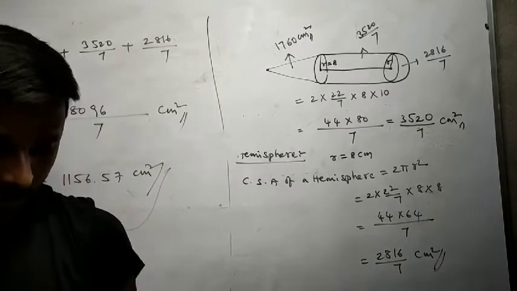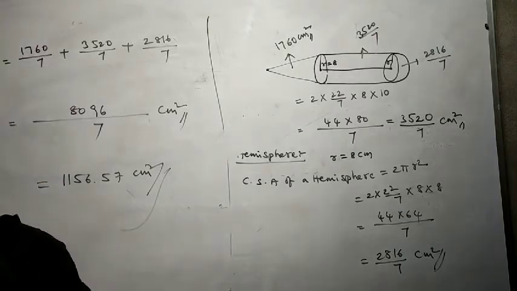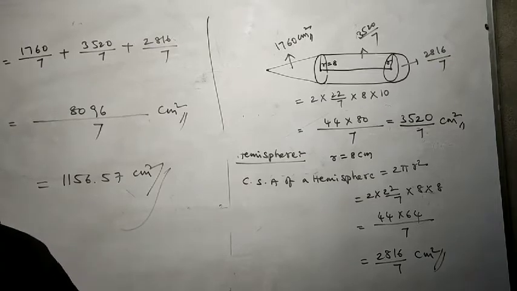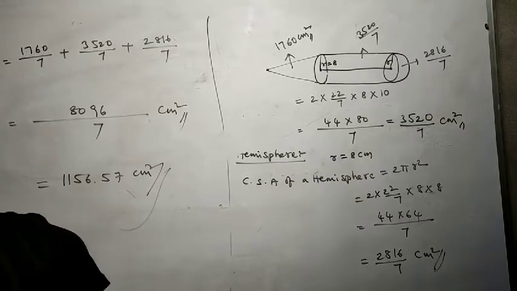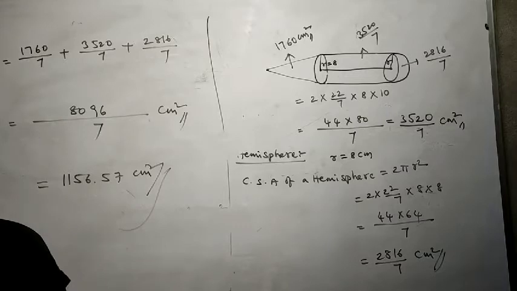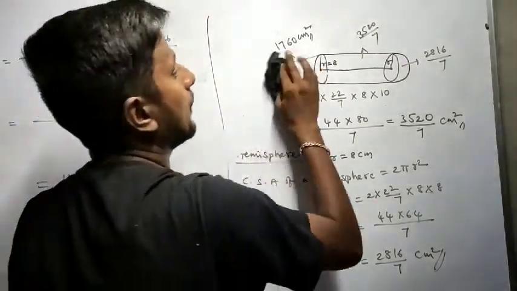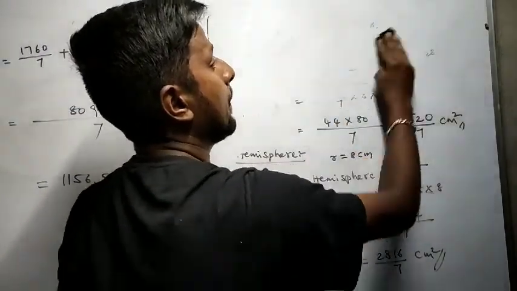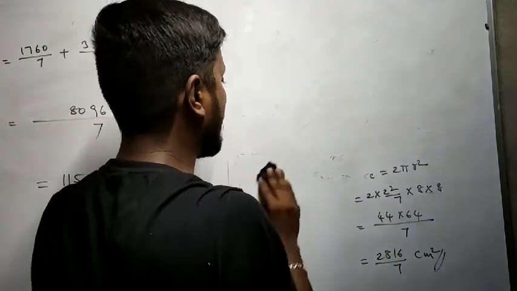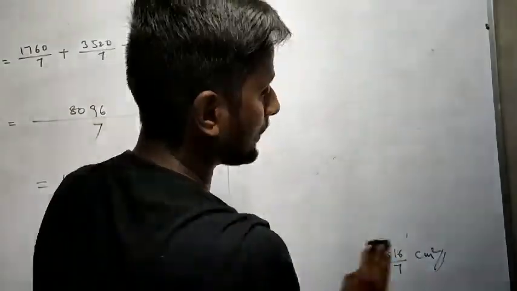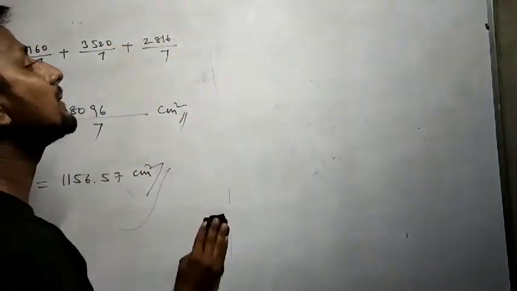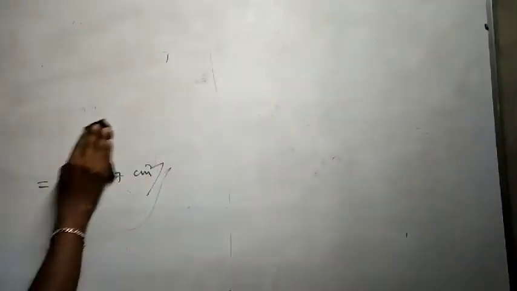Okay, so third figure we'll do. A medicine capsule is in the form of a cylinder with two hemispheres stuck at each of its ends. The length of the capsule is 14 millimeter and the thickness is 5 mm. Then find the surface area. Capsule, it's a tablet. So the capsule is in the form of a cylinder, and both ends have a hemisphere, and the length of the cylinder is 14 mm. The thickness of the hemisphere is 5 mm.